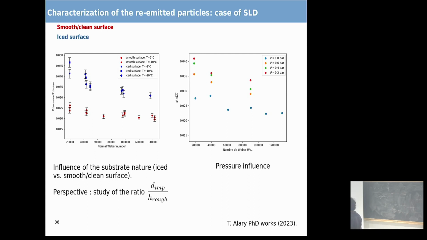What we're going to do in the coming years would be to study the ratio of the impact diameter and the typical roughness of the substrate on which droplets impact. But that's not easy to characterize, because roughness is a time-evolving function. It depends on everything: the kind of ice you have, the temperature, the delay you use to study